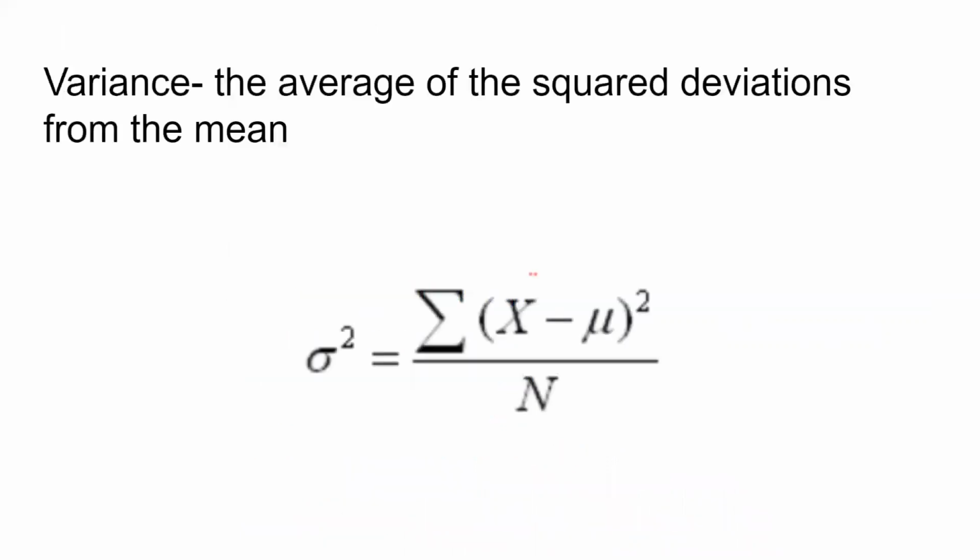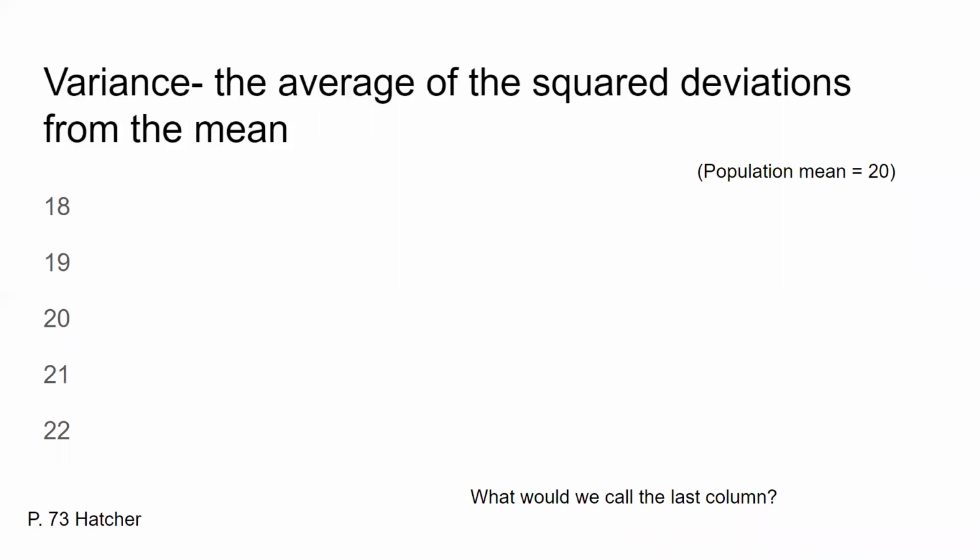Let's talk about variance. I would like you coming in and I could say 1, 2, 3. Let's say the definition of variance is the average of the squared deviations from the mean. It's the average of the squared deviations from the mean. And so to calculate variance,